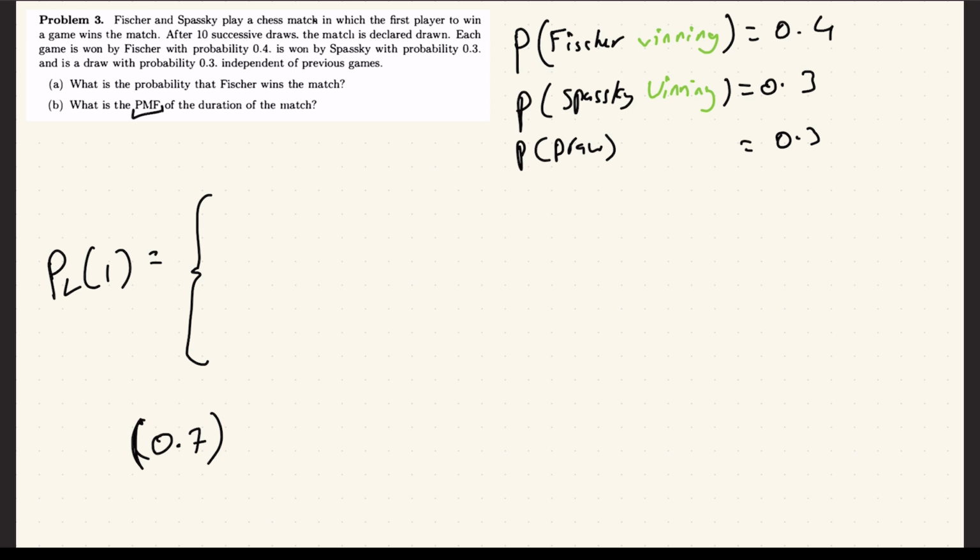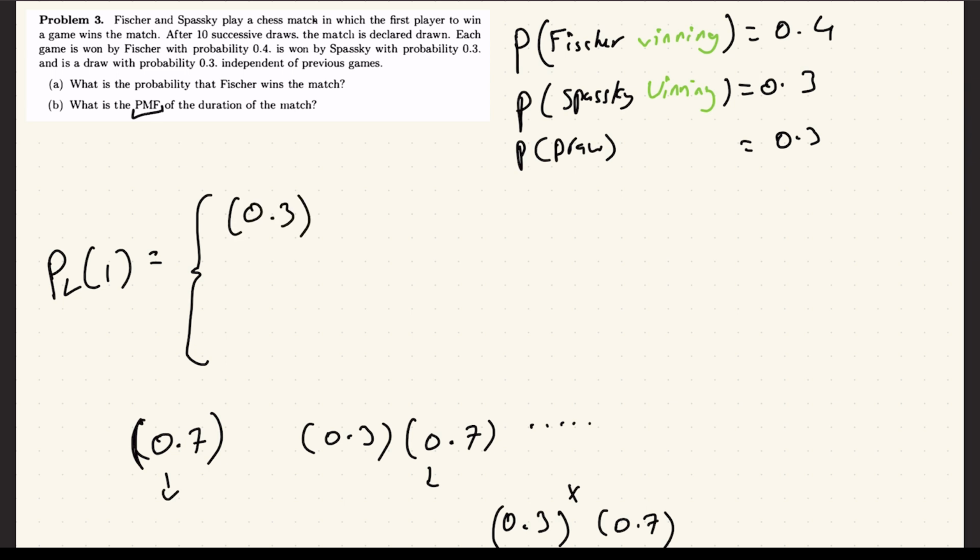Well, for it to last 2 rounds, the first round will have to be a draw, and the second round will have to be won by one of them. And this goes on and on. Again, we can see a pattern developing, which will be 0.3 to the power of some x times 0.7. Now, writing this down, we get 0.3 to the power of L minus 1 times 0.7 for when L is equal to 1